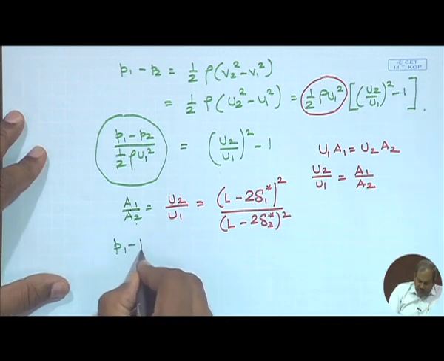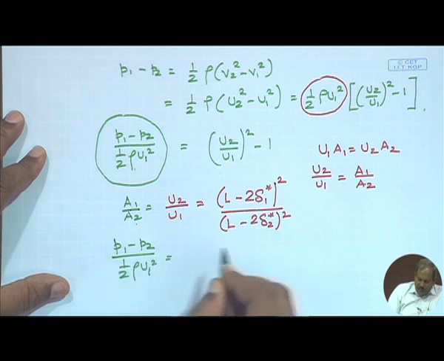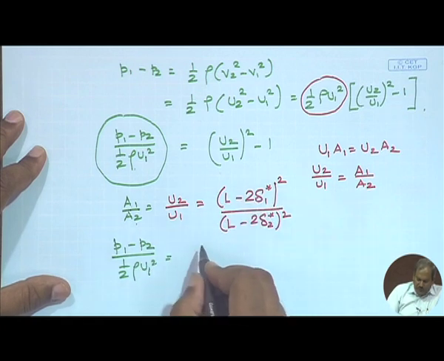So therefore I am simply writing half rho U1 square would simply be equal to